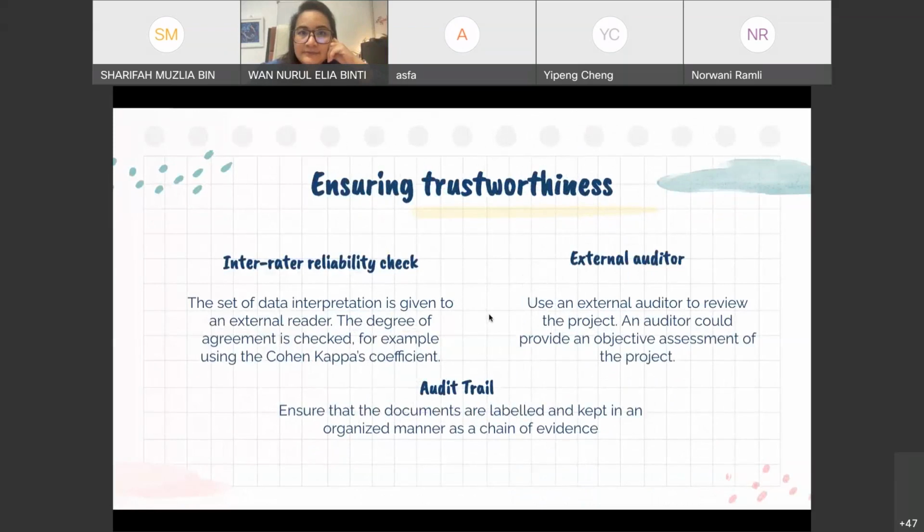Next is inter-rater reliability check. This is something that I have done before, not for my PhD, but for my other research. Let's say you have the code list, the set of data interpretation, maybe 20 statements and 20 codes.